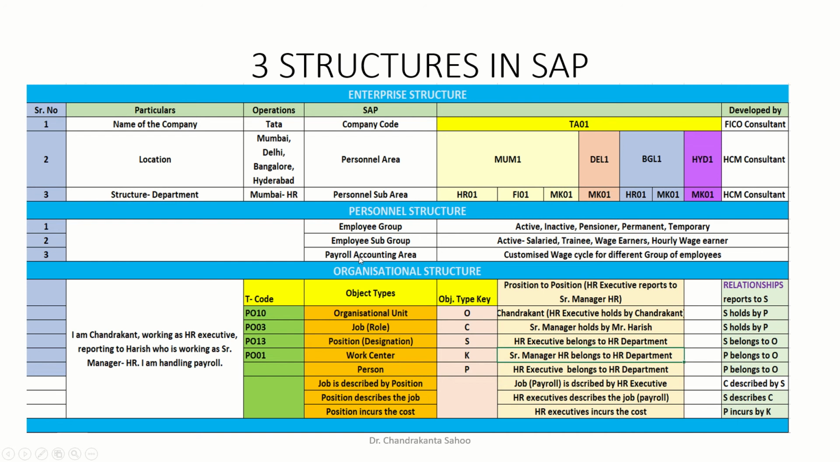Then there is payroll accounting area. Actually, payroll accounting area means a customized wage cycle for different groups of employees. What does it mean? Take the case of manufacturing, where there are some blue collar employees. For white collar employees there is no issue. They can get a particular wage cycle, like the 1st of every month to the 31st of the month. That can be the cycle they get, but there are some employees who work in the company who have